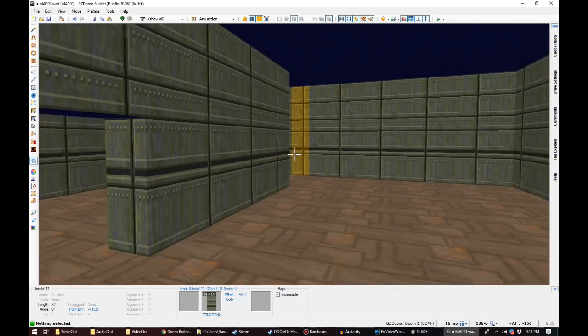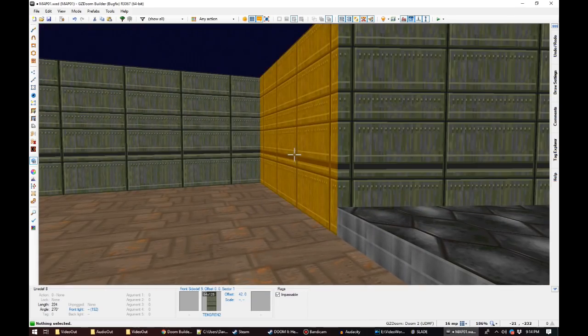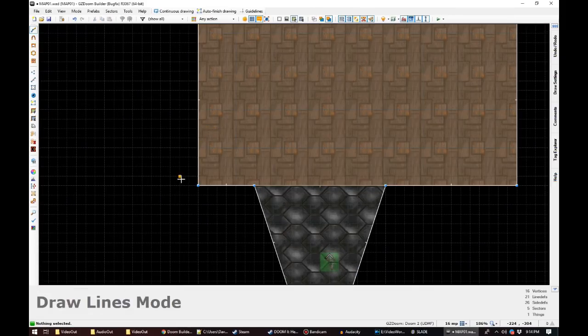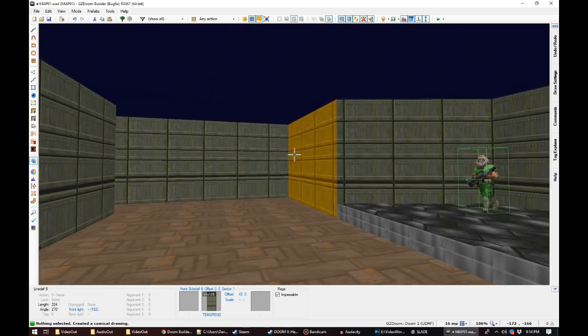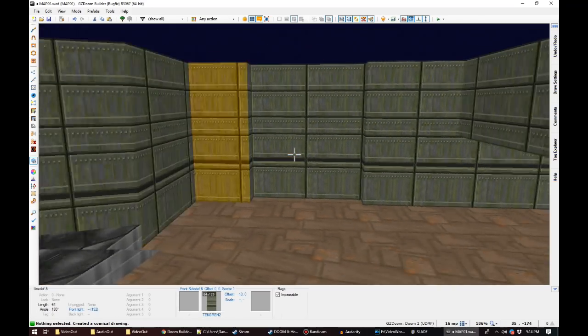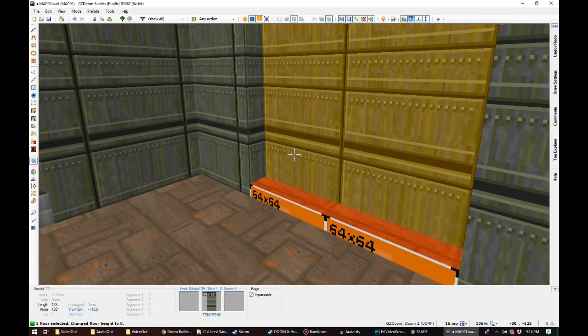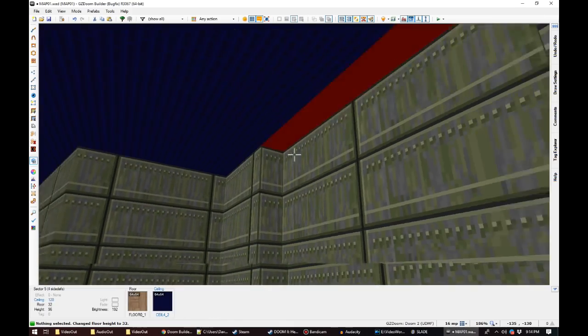Alright, so we've got the beginnings of a room here. Let's spruce some of this up. So what we could do, we could put a computer console embedded in one wall. This is a nice way to spice up rooms and make walls look not as boring. So what we're going to do is drag that floor up with the middle mouse wheel. We're going to drag that